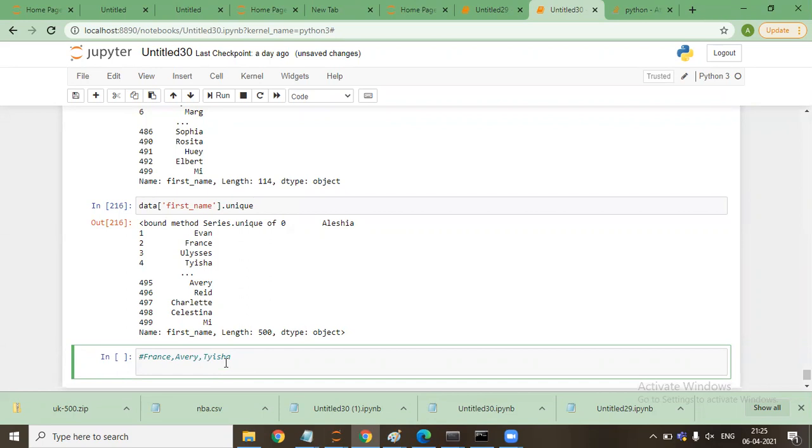df.loc, square brackets, and you can provide the names in a list. So we can use the or function: first name equals equals Friends, Every or Tisha.